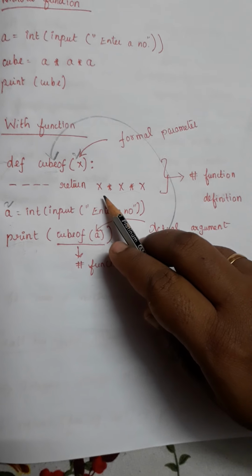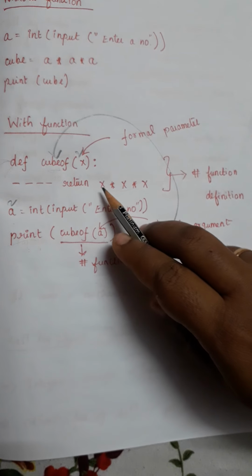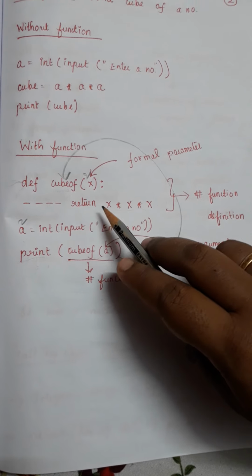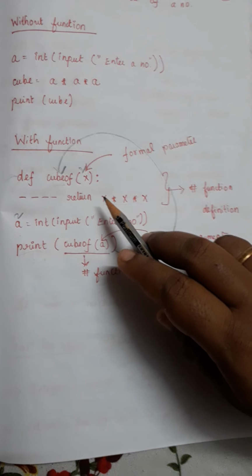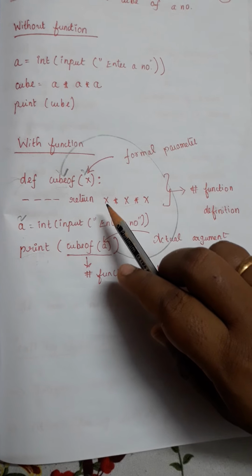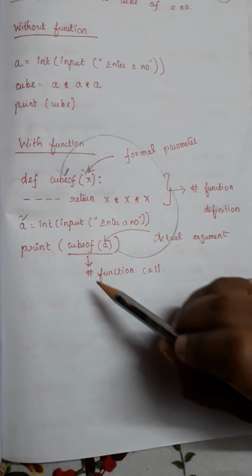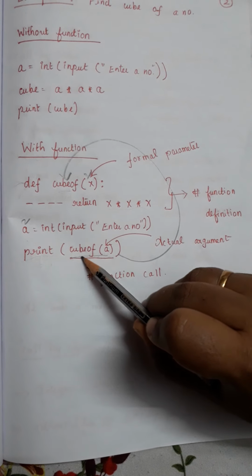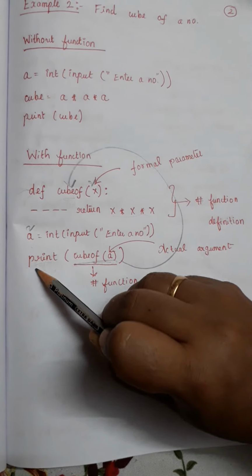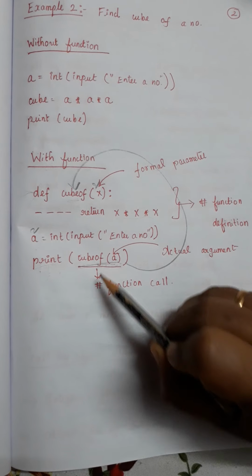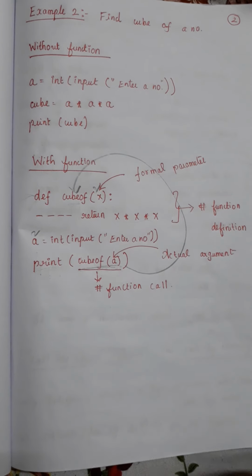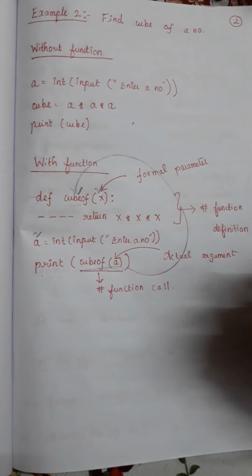So what I am returning here, x into x into x, that is 2 into 2 into 2, so I am returning the value 8. Where I am returning from, it will get returned to the same place from where the function was called. So we have called the function from this particular place. The value 8 gets returned here, and I will print the value 8 here. So the output of this particular program will be 8 if I give the input as 2. So this is how the function works.